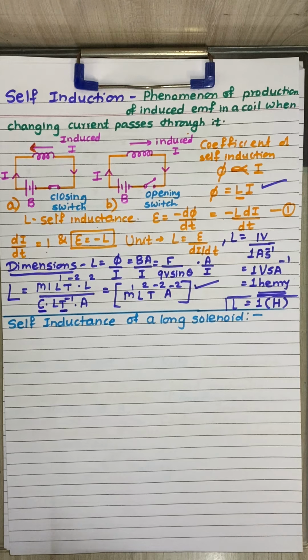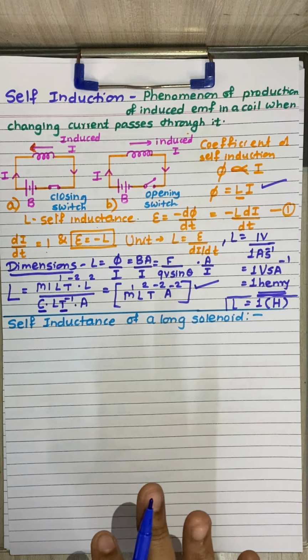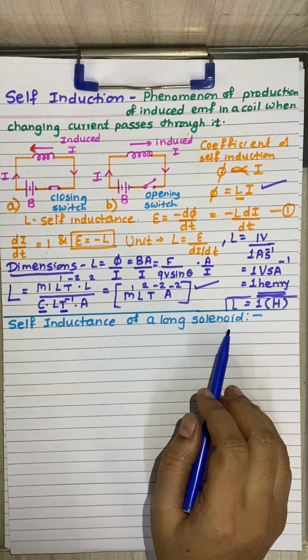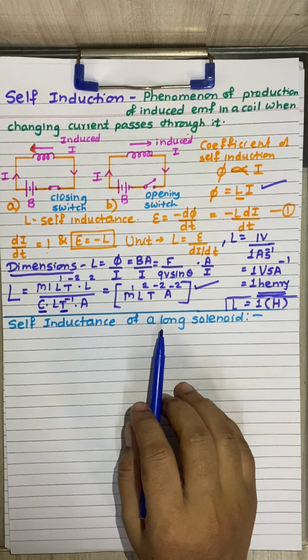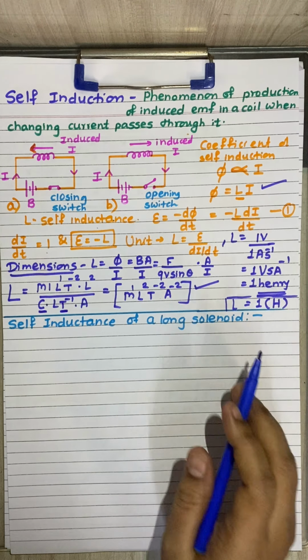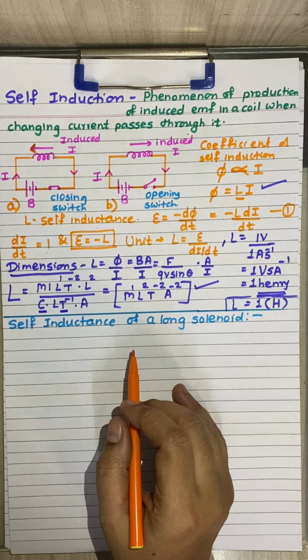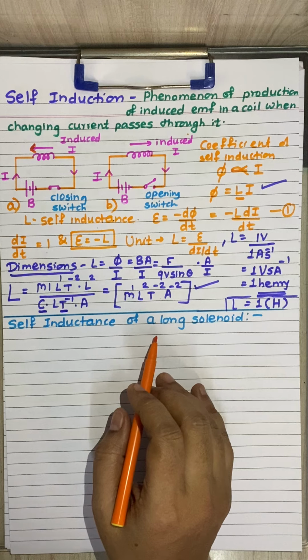Now this is all about self induction and self inductance, isn't it? Now we are going to find the application of this in a particular case. We have to find the self inductance of a long solenoid, that is, how to calculate the value of L if the long solenoid is carrying a current. We have to derive the expression. Generally this expression is asked for 3 marks in the exam, and we have to find the factors on which the self inductance of the coil depends.